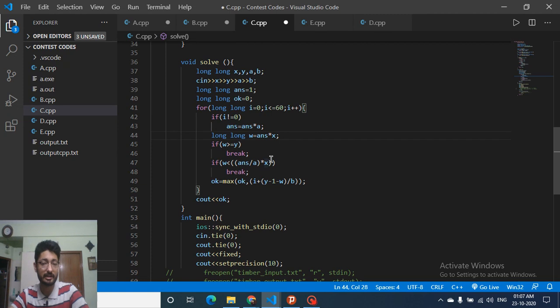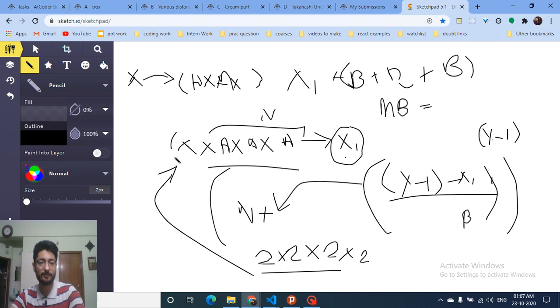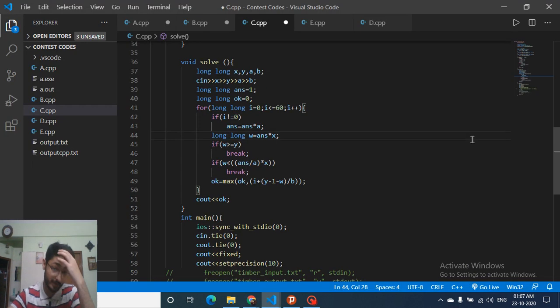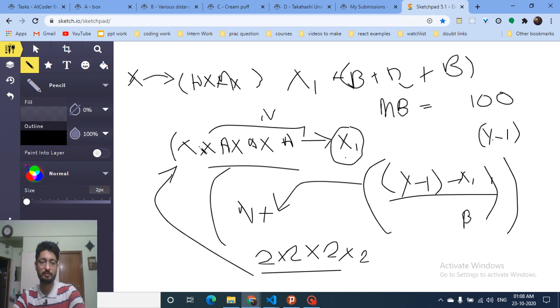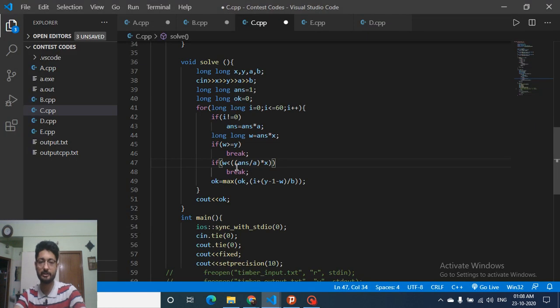Then what I have to check here is that I should not go out of bound. If w becomes greater than or equal to y, because I keep adding, from x1 I will reach y1, this value. But if I overshoot y, say y is only up to 100, and I keep on multiplying x by a and it goes beyond y, I should take care of that. So I will break at this point. Also, I have to take care that I should not overflow. What I'm actually doing here is ensuring the next number is always greater than the previous number. With very large numbers it can happen that I overflow, so I can use this technique to prevent that.